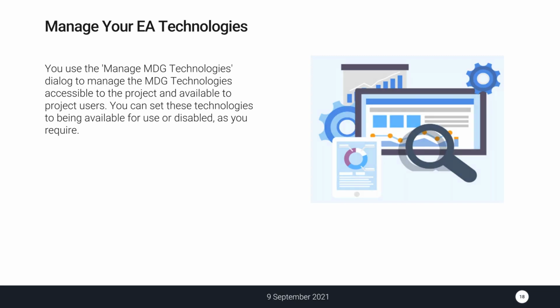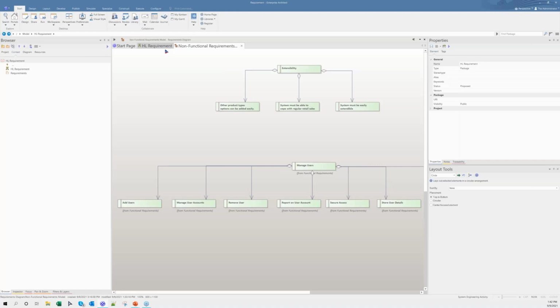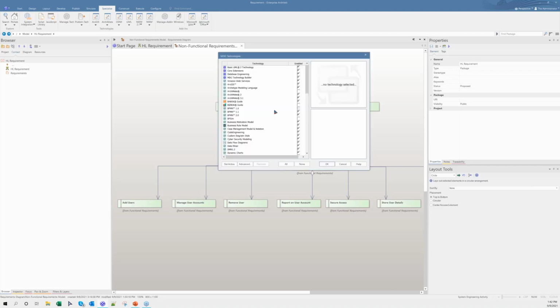So let's see where it actually is in the workspace. You can find Manage Technologies in the design menu. I'm sorry, in the specialized menu. You can select Manage Technologies and you can notice a huge bundle of frameworks or technologies are selected.